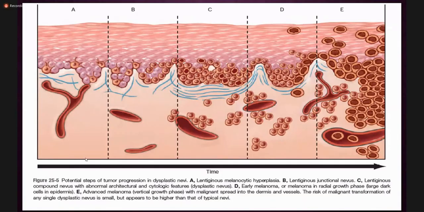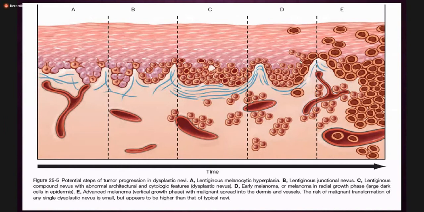Now these are the potential steps of tumor progression in a dysplastic nevus. A is lentiginous hyperplasia. B is lentiginous junctional nevus. C is lentiginous compound nevus with abnormal architecture and cytological features. So this is now a dysplastic nevus where you can see the junctional component here, in which the cells display some nuclear abnormalities, and the nevus cells are also present in the dermis. And here you see linear fibrosis of the dermis. The fusion of the